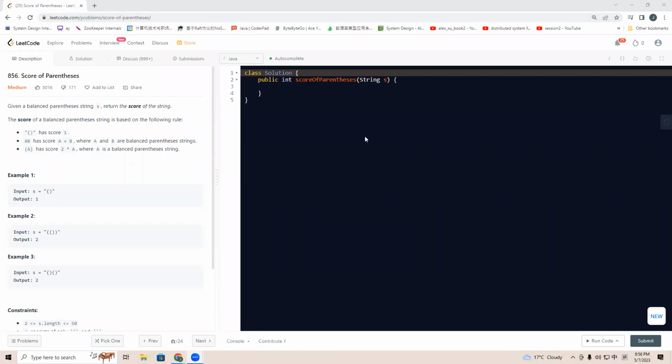Let's go through LeetCode 856, Score of Parentheses. For this question, it gave us the string S, and S is a balanced parentheses string. And let us count the score. It has the base case like this kind of parentheses,